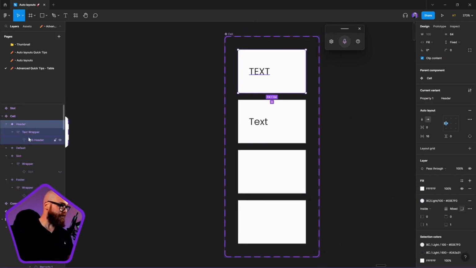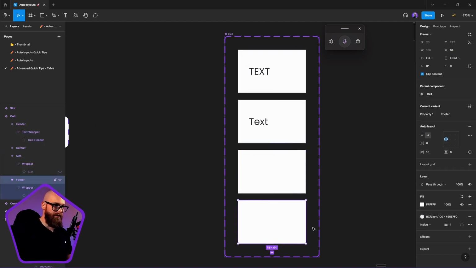actual block. I'm going to get my header. I'm going to take away the line off to the side, leave the line that's at the bottom, and I'm happy with that. And there we go. There's our cells. The last part I guess I'll do with the actual cell at the bottom is I'm going